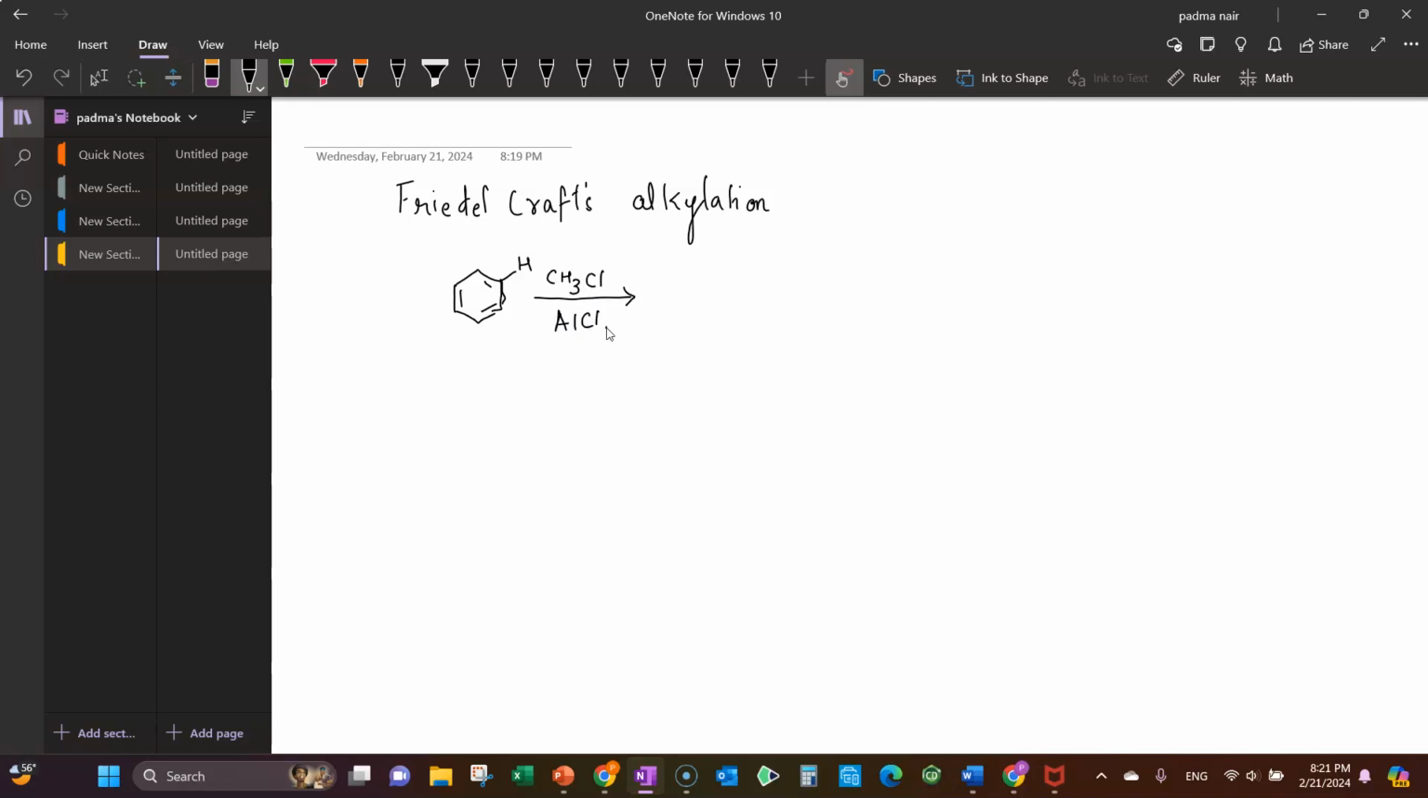In the presence of the Lewis acid AlCl3, the product is where the proton again is substituted with a CH3. Mechanism-wise, it is very similar to what we have seen before. First step, formation of the electrophile. So what electrophile will be formed here? Let's check. So CH3Cl